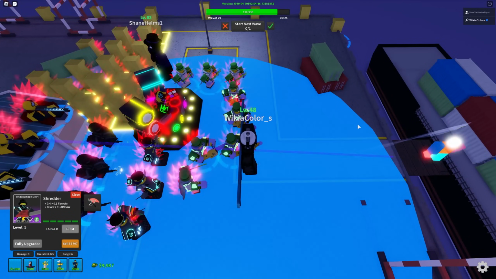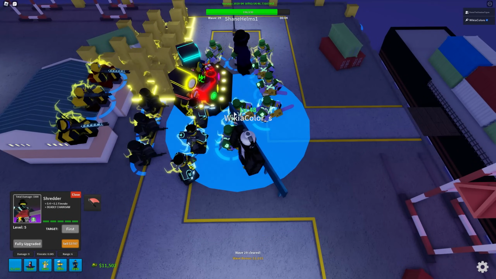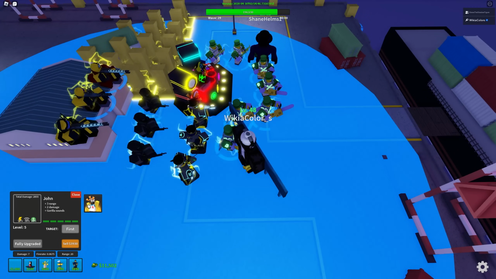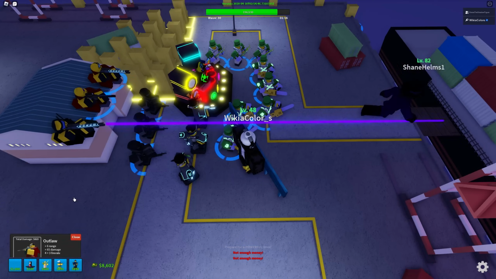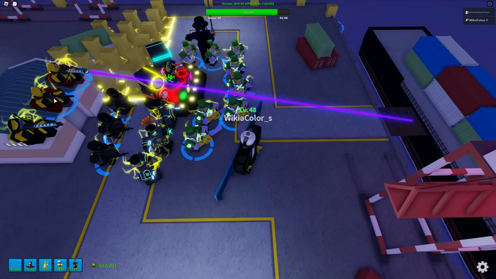So, the Shredder can kind of one-shot glitches. That's impressive. Use all the abilities once the tank comes out. Okay. And even if it's not as powerful, it will still shred the tank. But I don't know if it was fixed, but the Shredder used to have a bug,